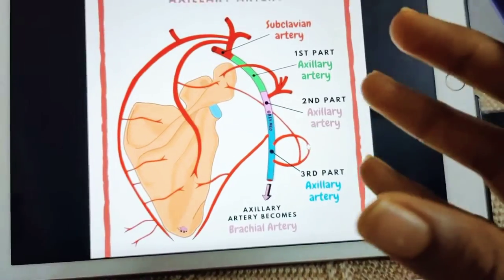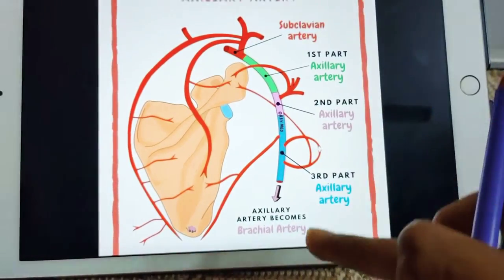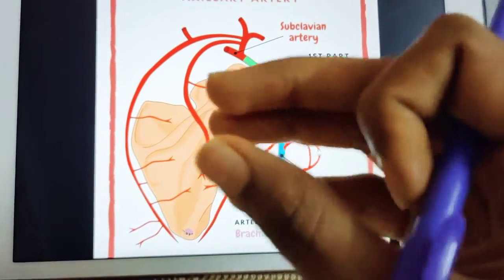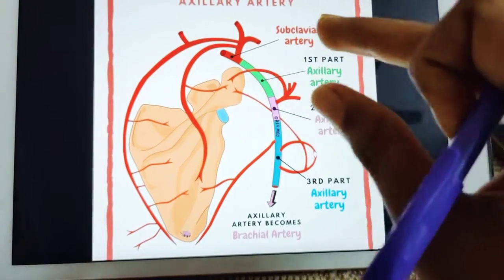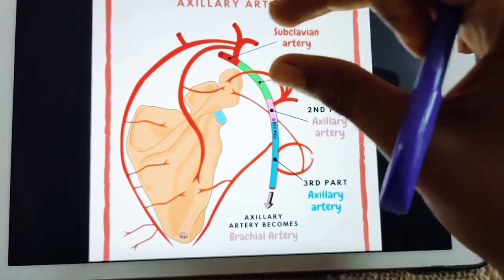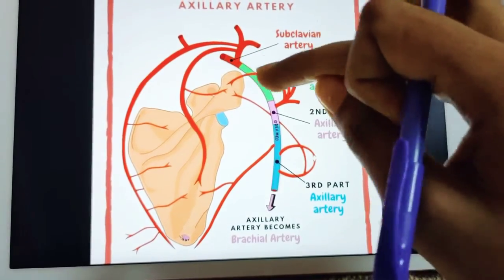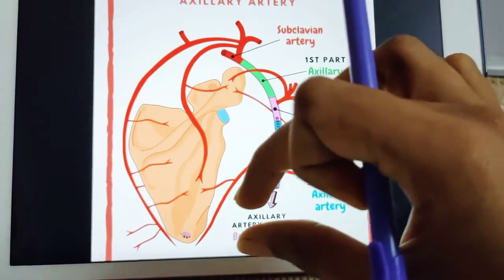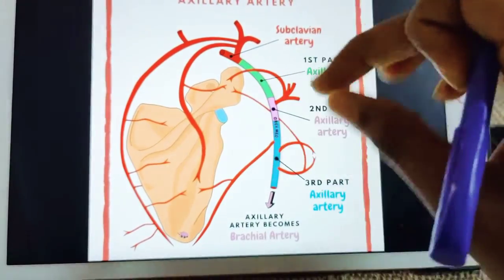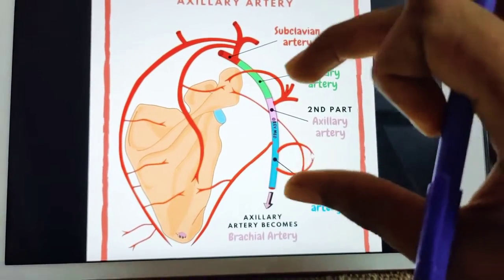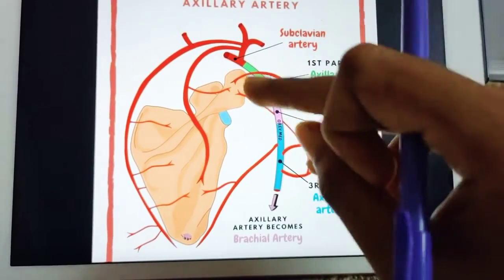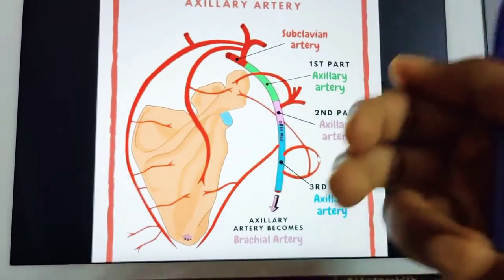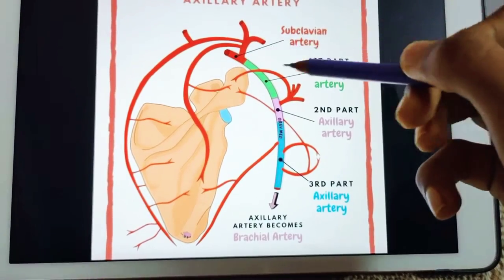So once again let us recall it. Very simple. First you have a major artery to form an anastomosis around either the body of scapula or the acromion process. First the artery is a subclavian artery near the clavicle bone, and next it converts into axillary artery which is near the axilla, and next it converts into brachial artery which is near the arm. So according to the location the artery name is changing, but the artery itself is the same. It is a single artery but the name is changing according to the location. The subclavian artery is in turn divided into three parts, and the first part is called